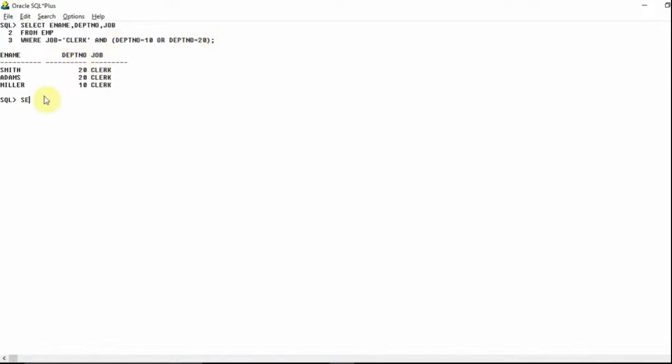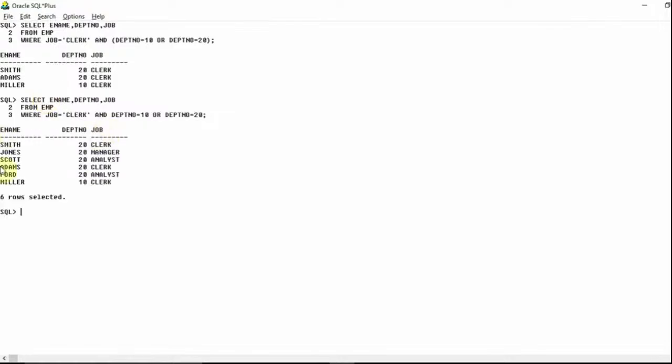I will write the same query: select ename, DEPT number, job from EMP where job is equal to clerk, and I will not write brackets, DEPT number equal to 10 or DEPT number equal to 20, and if I terminate this one and hit enter,